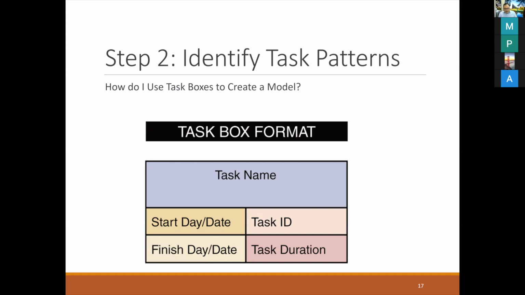For the start day, if you know the exact date, you write down the date. For example, if this task starts on the 1st of December, you don't write down the text format like this. Normally we don't write like this, but the way that we write is